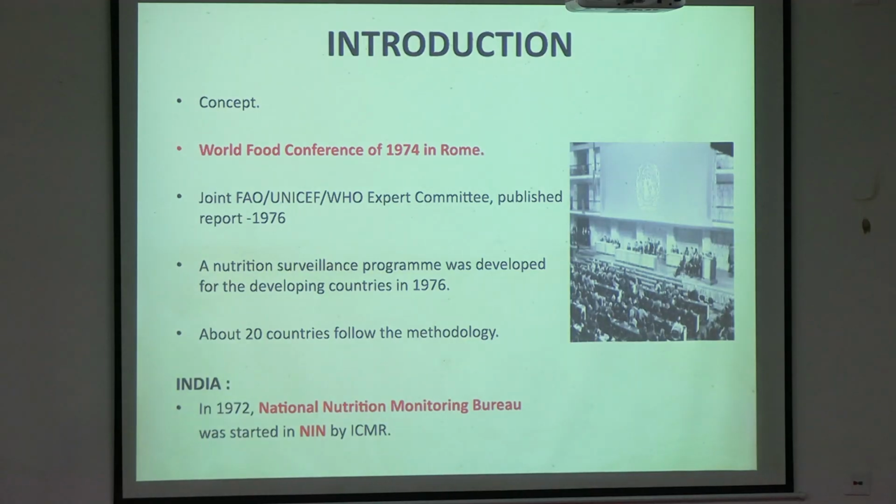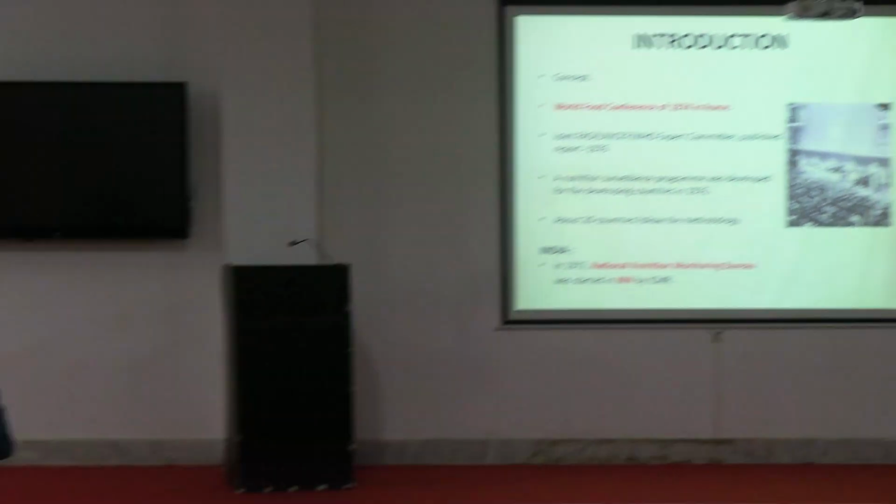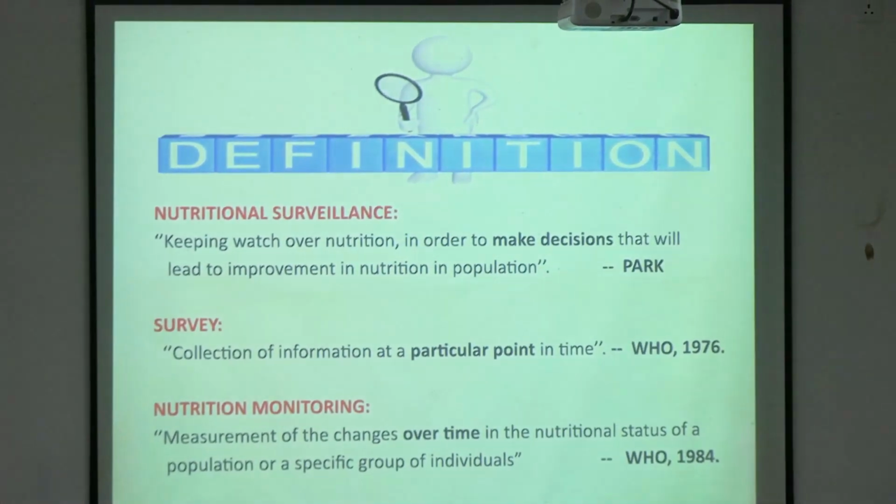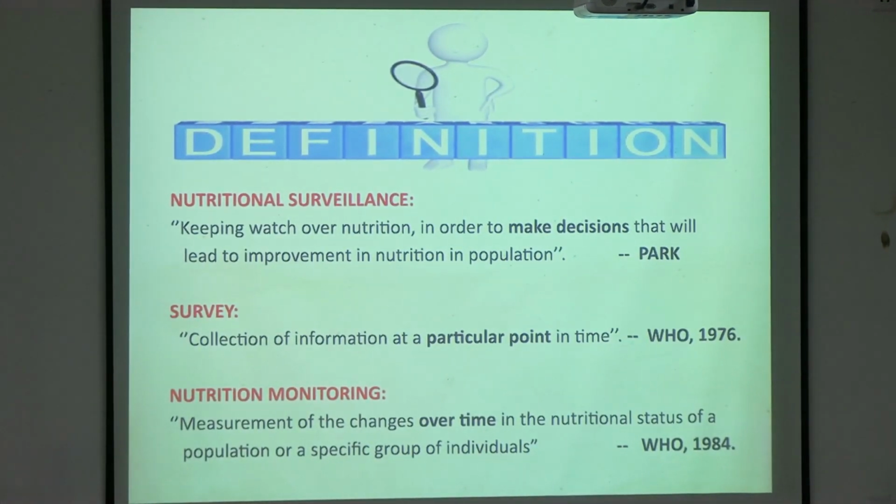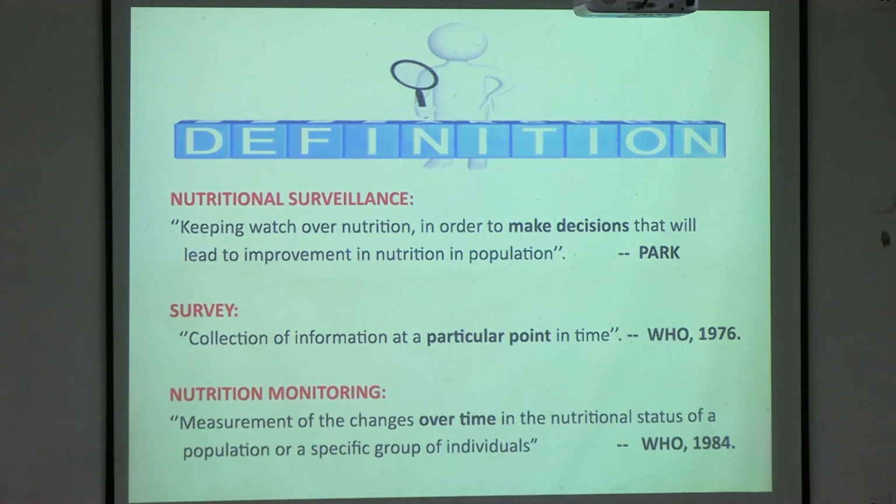So it started in Rome, at the first food conference, that a community, a family, a country has different nutritional needs. The state of Tripura has different nutritional needs. West district is different from Sipahijala district. North is different from South and Dhalai. So as per the book and WHO, what is the definition of nutritional surveillance? To constantly monitor the different changes in pattern and demands of food, so that we can take actions. What kind of actions? So that we can make some planning and programming.